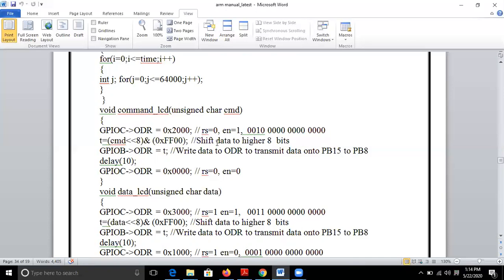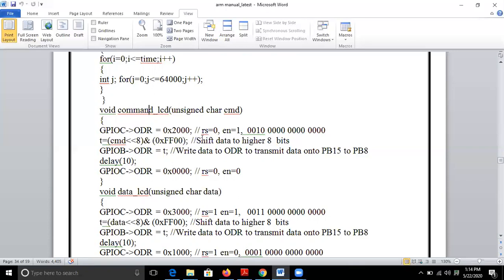Then you shift the data to higher 8 bits because the D0 to D7 are actually connected to pin numbers 8 to 15 of port B. That is why we are shifting, right? P is equal to CMD left shift by 8 ampersand 0xFF00.